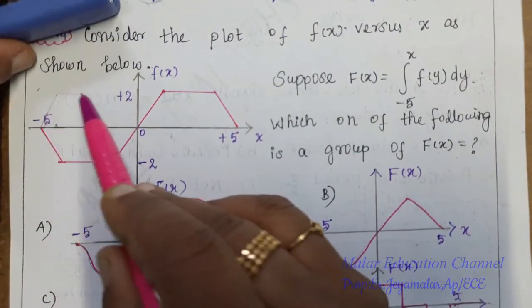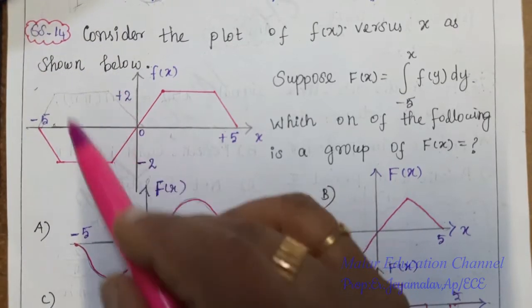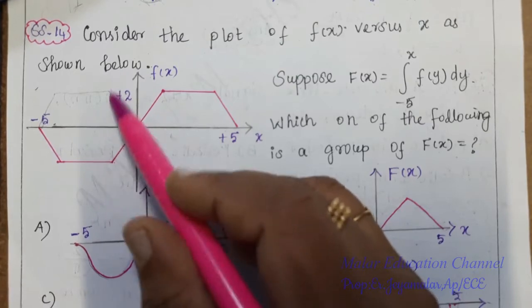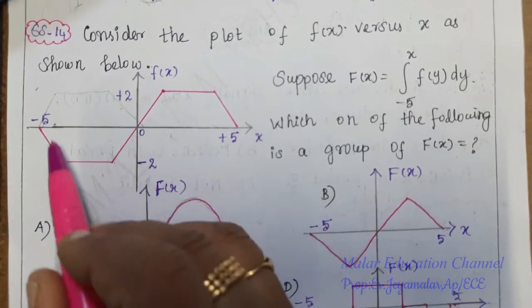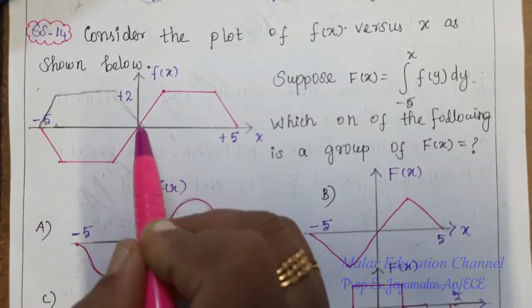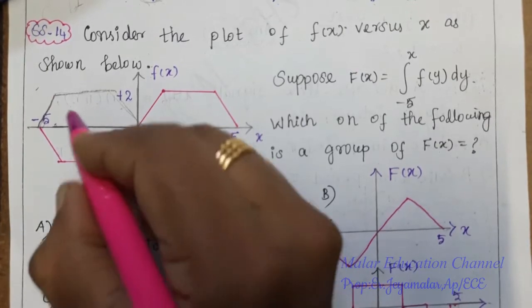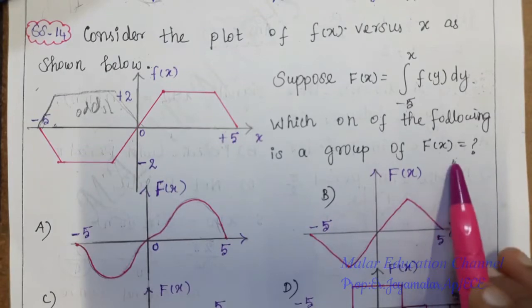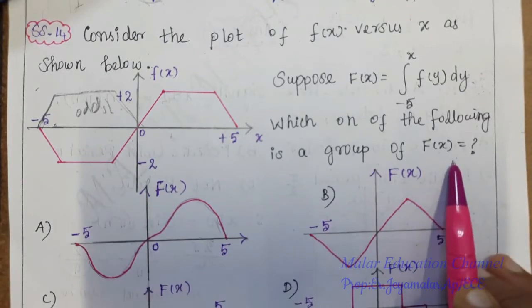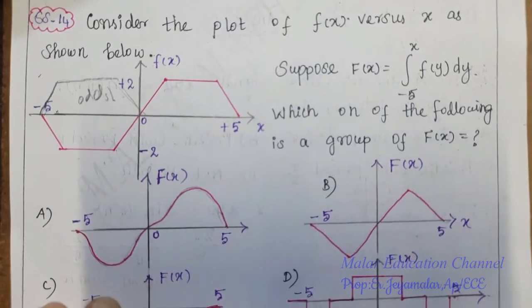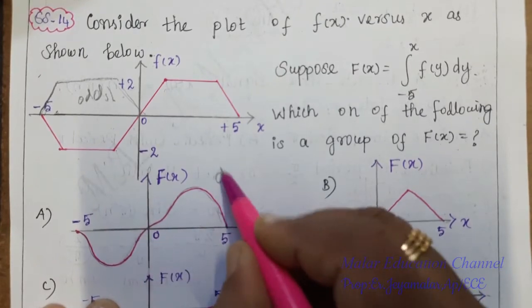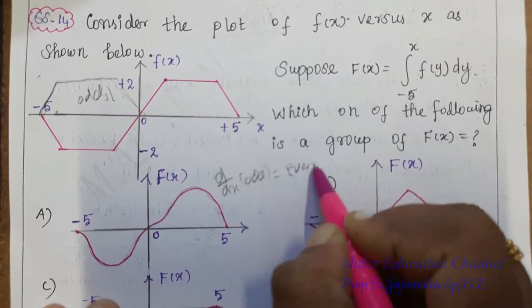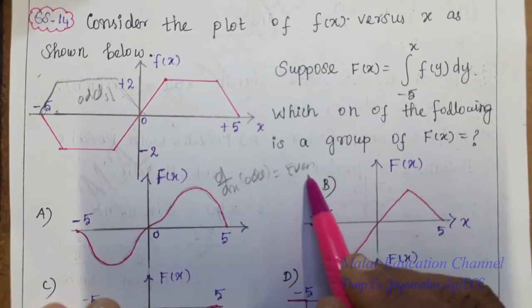The waveform is like this. If both are matched, this is an even signal. If both are mismatched, this is an odd signal. Here, both the signals are mismatched, so this is an odd signal. They are asking about the question for f(x), which is nothing but the differentiation of the given signal. The differentiation of an odd signal equals an even signal.